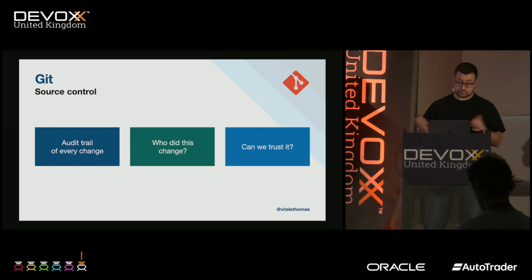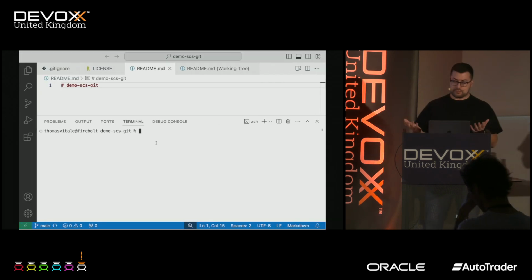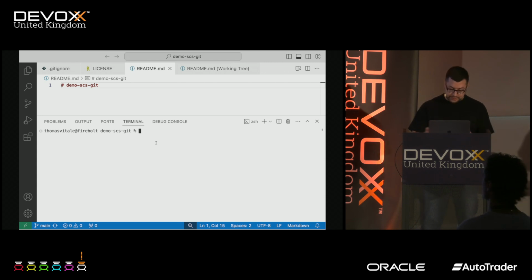Maybe not. Let's have a look. So I have a new repository here. I want to work on a new application. So what I'm going to do is configure some name and email, because I'm going to make changes and I want,